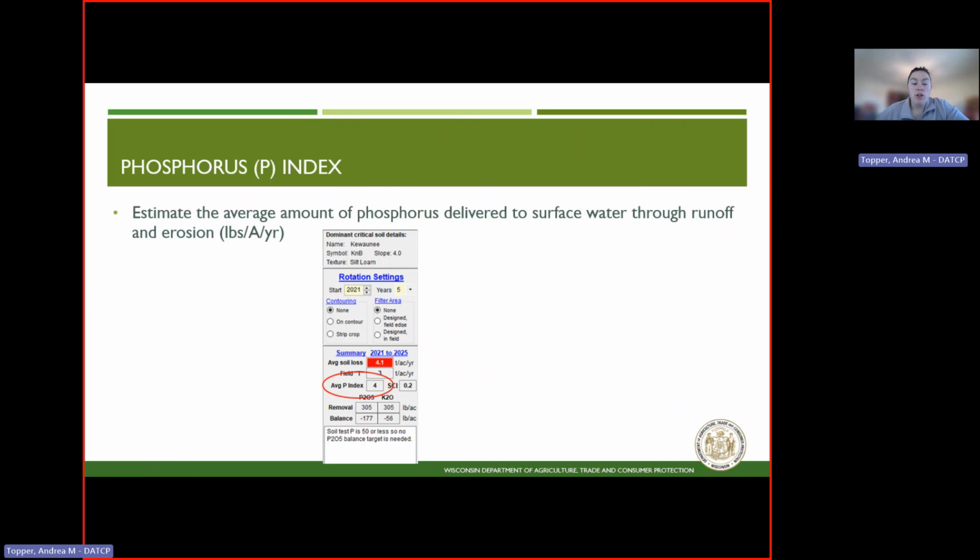Field by field, our average P index has to be at or below 6. In this example, our average P index is at a 4. Once that average P index is 6 or above, we are no longer allowed to apply manure to that field. That field is a high risk for movement of phosphorus off of that field and reaching the surface water body,